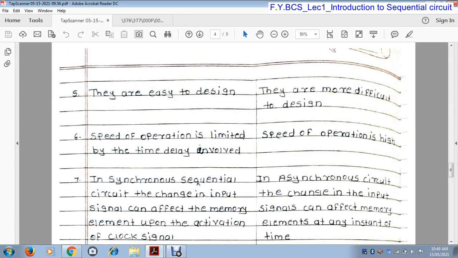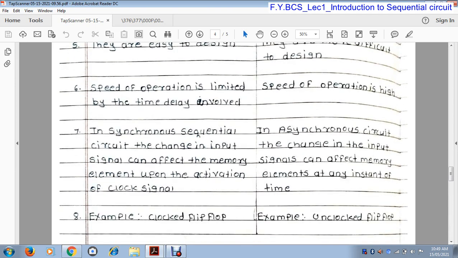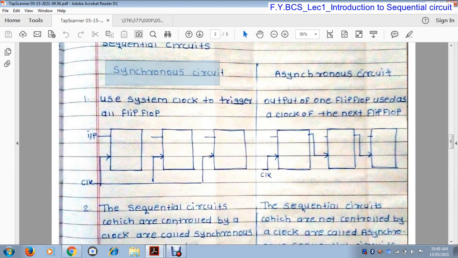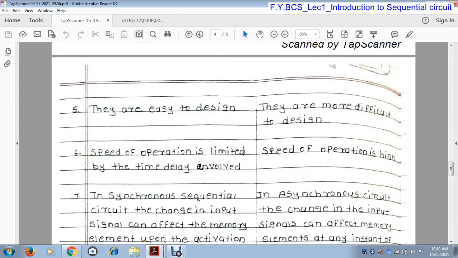Next, the speed of operation: in a synchronous sequential circuit, the speed of operation is limited, that means it has very low speed. But in case of an asynchronous sequential circuit, the speed of operation is very high.